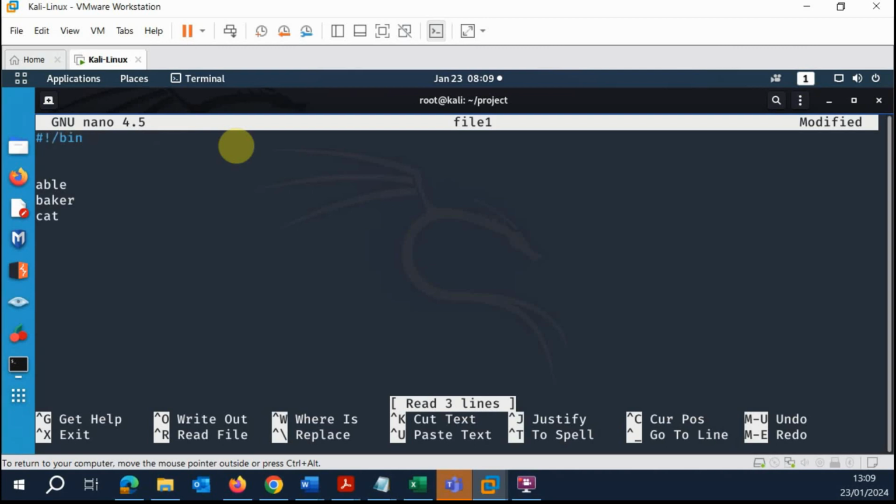Put bin bash on top to make this a bash script. And I'm going to say for i in 1, 2, 3, do $